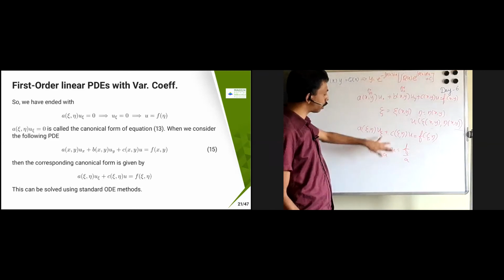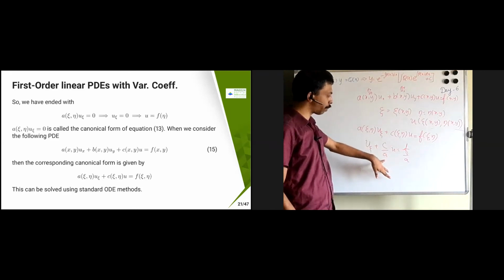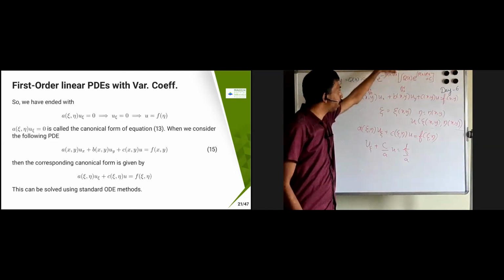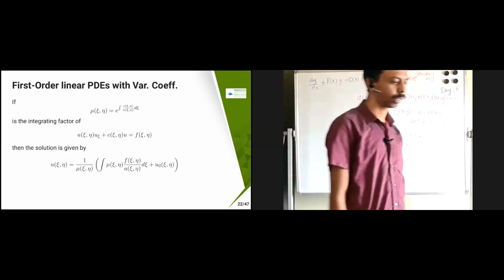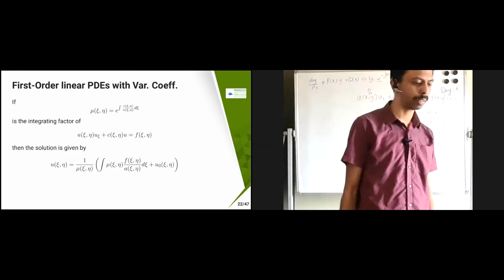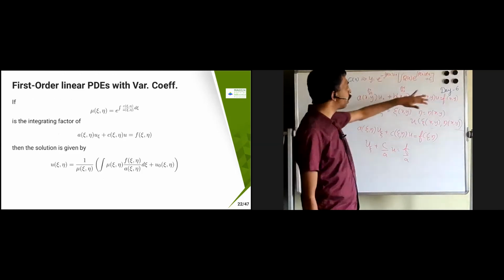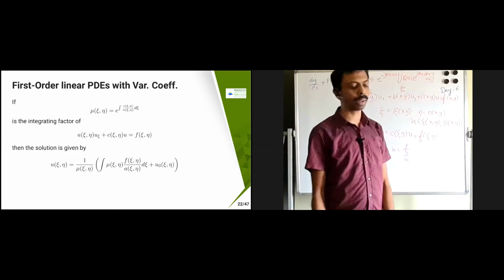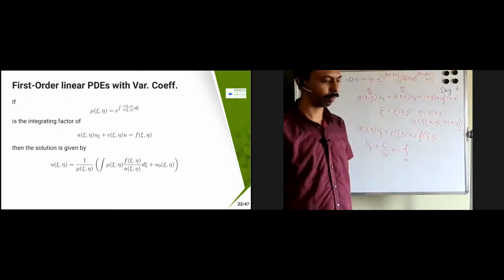Here it is not constant. c is a function of chi comma eta, and a is a function of chi comma eta. Same thing over here, but in place of x, it will become chi. So that is the same thing which we have given here. The solution is given by this. Now if some initial curve is given, this c also you can determine. That c I'm just calling u naught of chi comma eta. If that initial curve is also given, you can do the same kind of things.